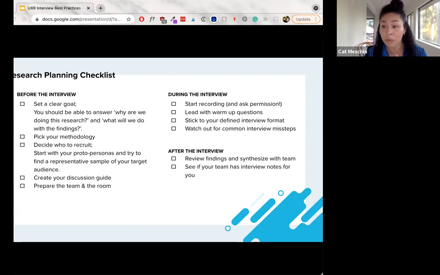As researchers, we recognize we all bring in our own bias, but sometimes when we're trying to pay attention and coordinate a lot of things in the moment, what we thought we heard might not be what they actually said. These recordings are a way of keeping that bias down and holding ourselves accountable. But also don't forget to ask to record. A lot of times in whatever platform you're using, it's in the terms and conditions, but better safe than sorry. During the interview as well, we suggest leading with warm-up questions. Michelle does a great job of this. They're very easy questions, asking someone about their job, what they do, things like that.